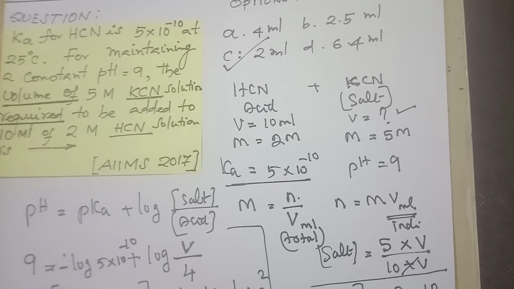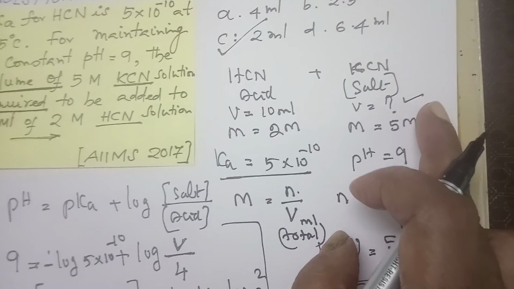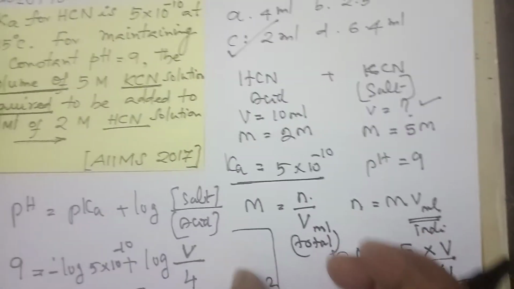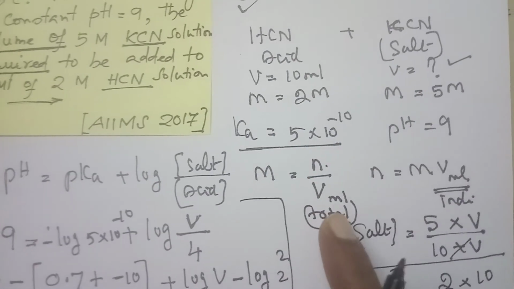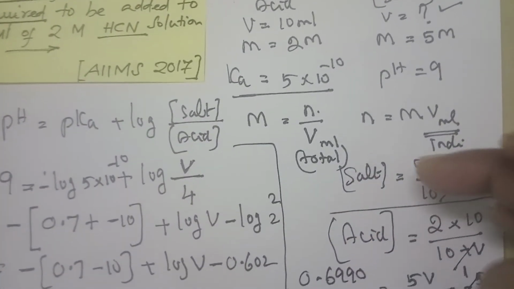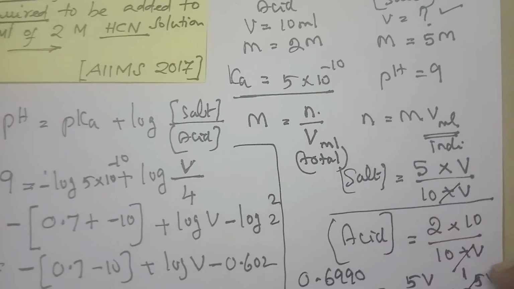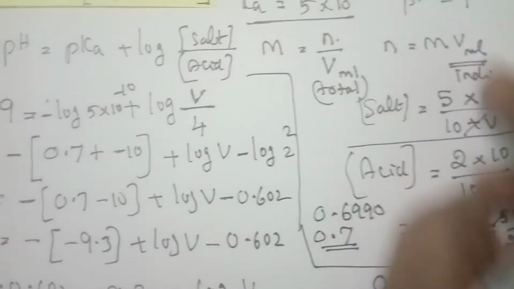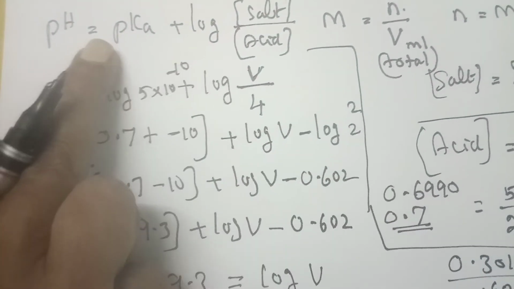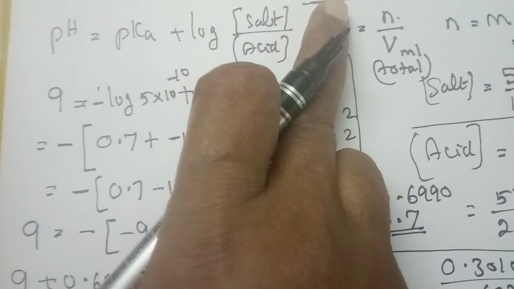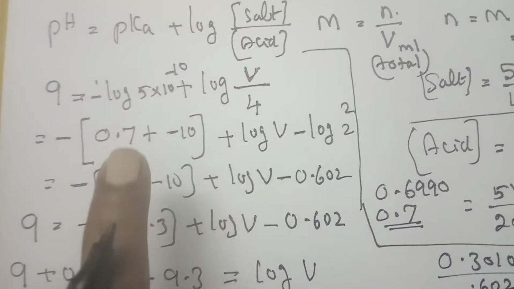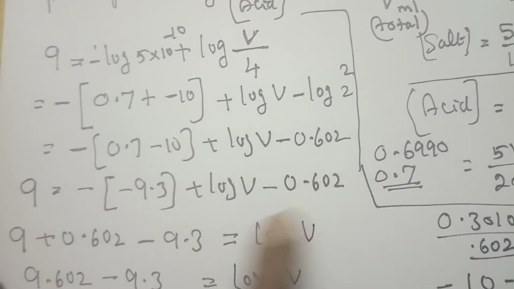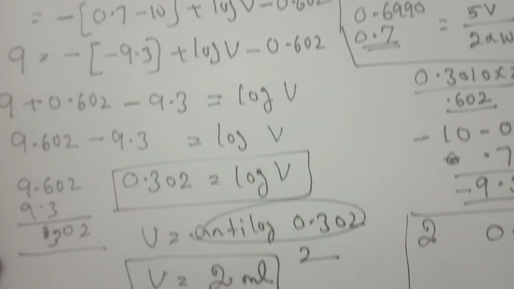Again I am repeating one by one. Mixing up of acid with the salt. This is how we can find out the concentration of the salt and the concentration of the acid. Here it is written salt by acid, I got V by 4. So the whole calculation is represented here. So now I am substituting. The remaining is pKa. Another piece of knowledge: Ka is given. You have to find the negative log of Ka, which is equal to pKa, and you put that. After this mathematical calculation, we get the answer.